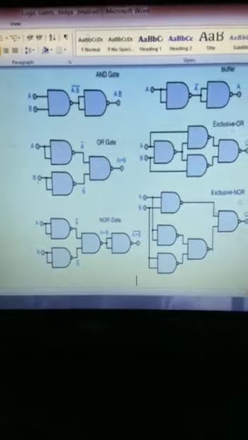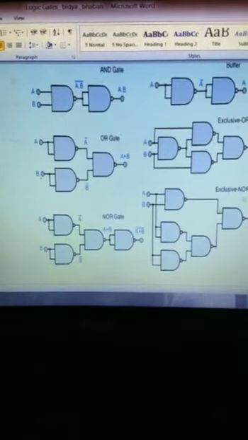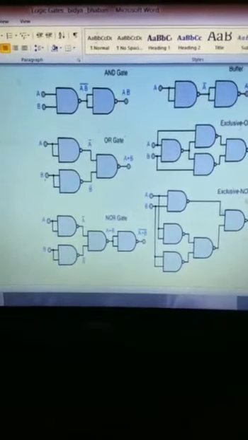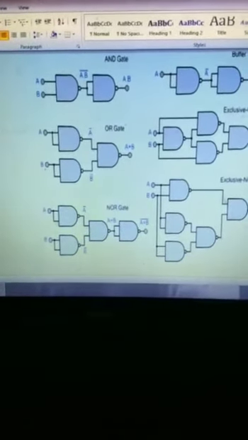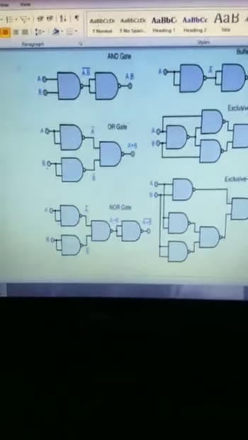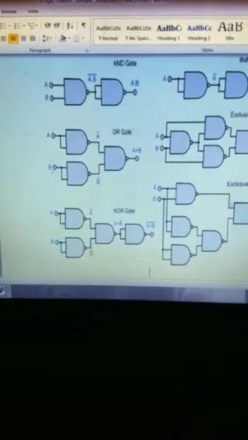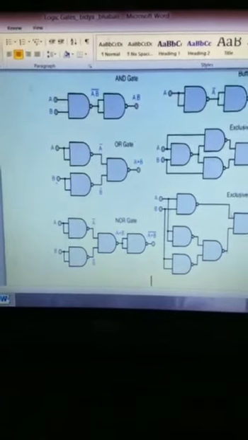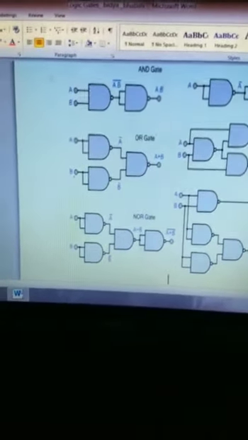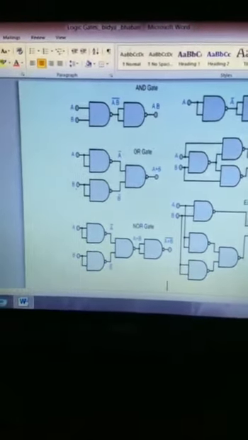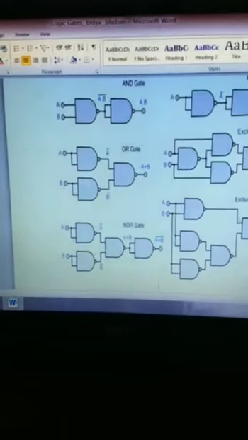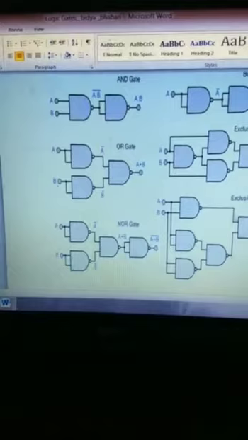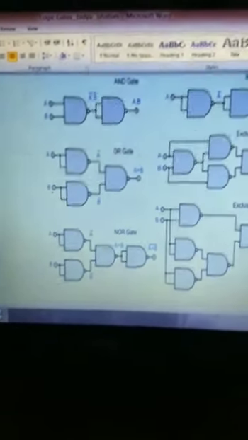Next, come here. A NAND gate always takes 2 inputs. So here we are dividing the A input into 2 parts, and the B input into 2 parts, and passing them through different NAND gates. So we get A bar, and the next NAND gate gives the result B bar. Again A bar and B bar are passed through the NAND gate. So what will we get? It will give you the value of A plus B.